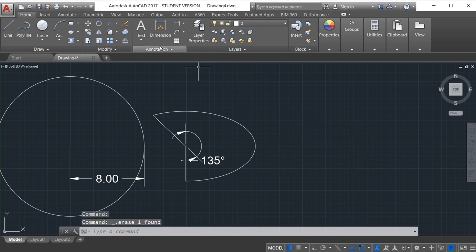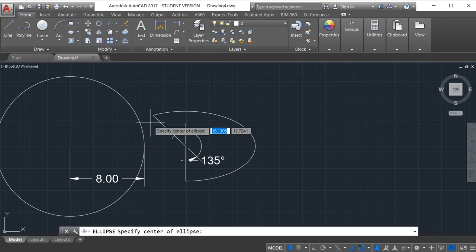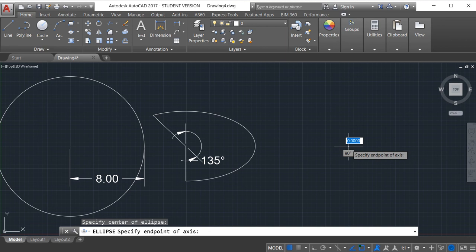I will repeat this command, center ellipse by using rotation method. So click on the center point, then I will give this distance as a 7 and I will on ortho mode.